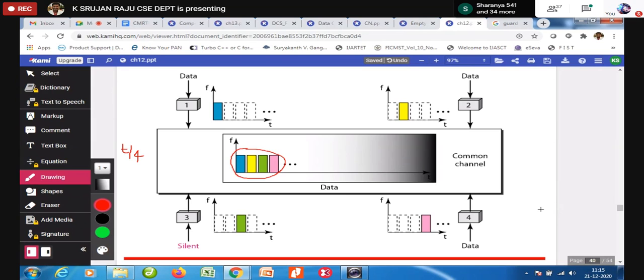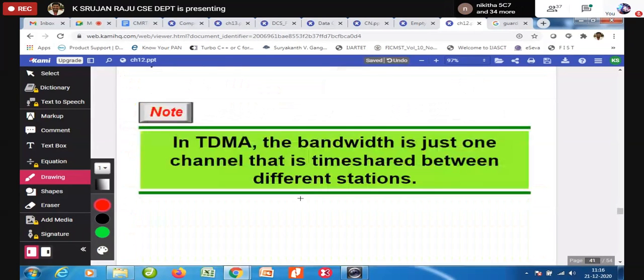This is what we call time division multiplexing, or multiple access. For the time division multiple access example, I mentioned the timetable. According to the timetable, I have allocated the first slot, second slot, third slot, and fourth slot. Now imagine if the third slot does not have any data, so that time is wasted. Can any other station utilize it? No. It cannot be utilized by anyone. That was the reason.